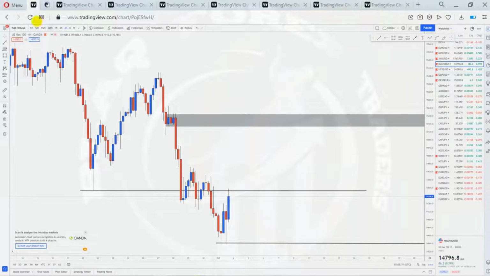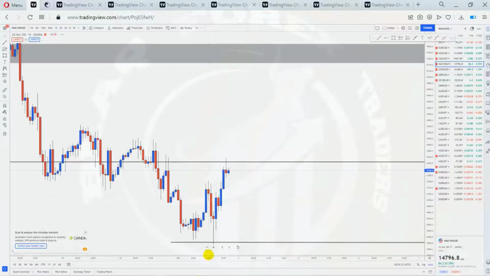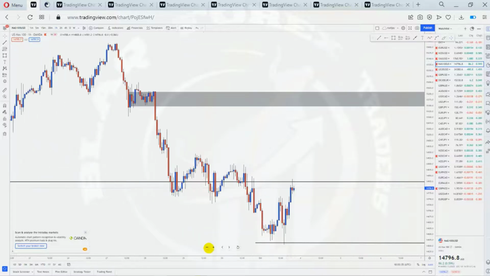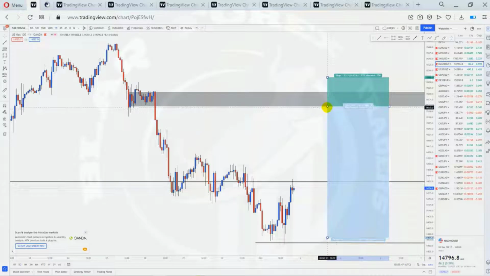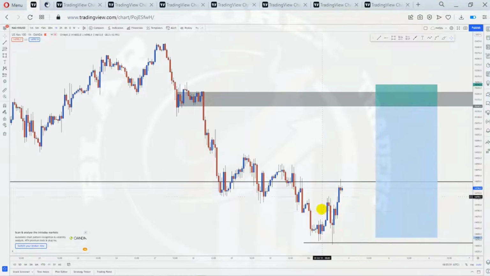So let me go to 1-hour time frame. Still the same thing, the drop, the base, and then the drop. So this will be what I'll be looking for on Nasdaq. The upcoming week, this will be the movement that I'll be anticipating on this one. Something like this. I don't know how long it's gonna drop, but this will be where I'll capitalize on the rejection movement respecting